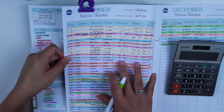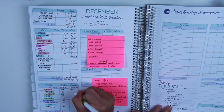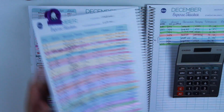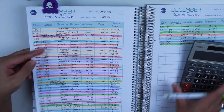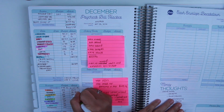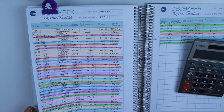And then transportation, I think we only got gas once. My husband just went back to work, so we're probably going to go back to filling up our gas tank twice a paycheck. So $35.38 for that one. And then household, it was just that one at Target, because we knew we wanted to buy that Ninja Foodi. So $196, and I have been using it every day since we got it, so it's been pretty amazing. So $196.12 for household. And then kids,